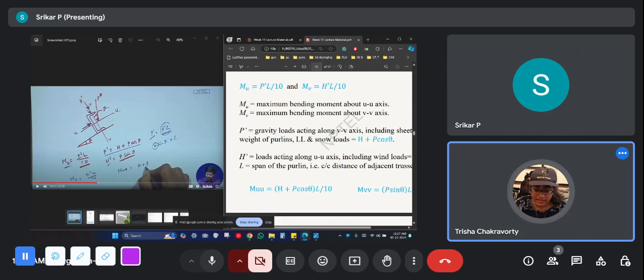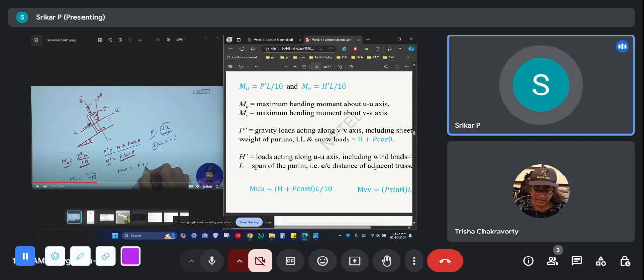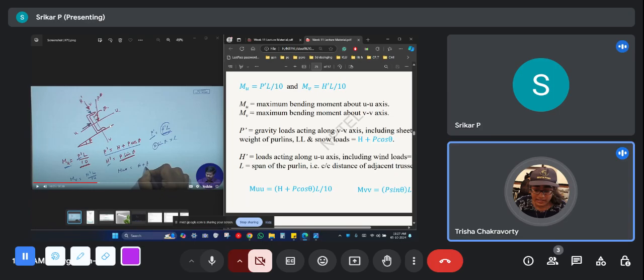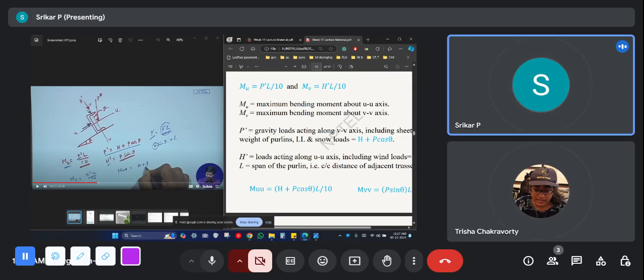right? So what exactly are you saying? P sin theta, which one is P sin theta you're saying? Ah, okay, the vertical one, the VV one. No, no, P sin theta should be... One second. If theta is the angle with the horizontal, then P sin theta will be along the UU axis. Look at the UU axis in the inclined one, right?